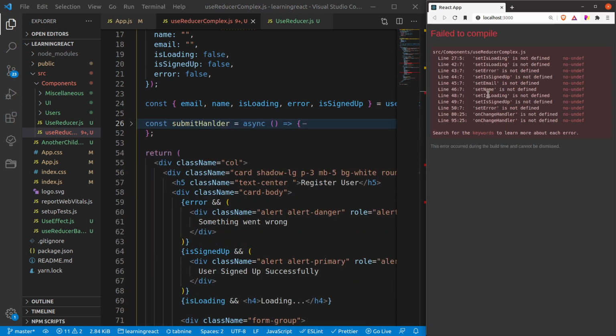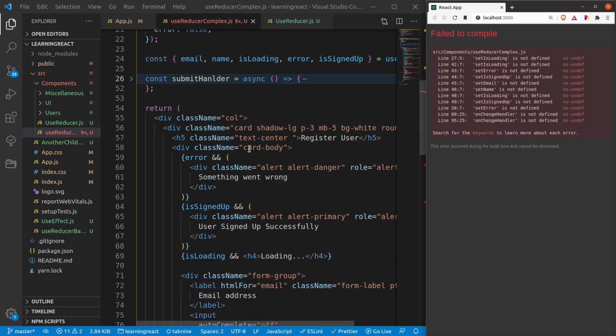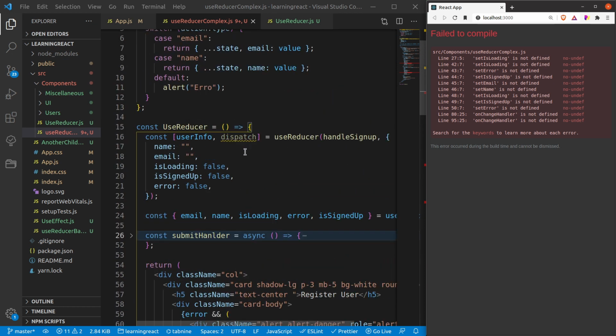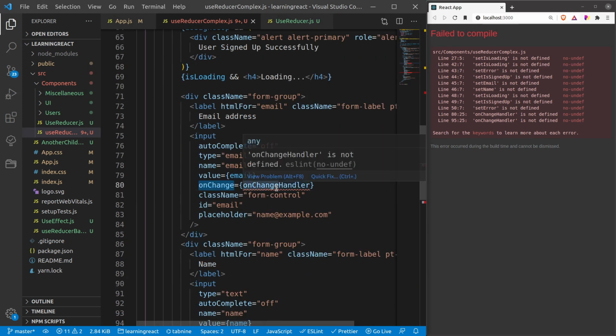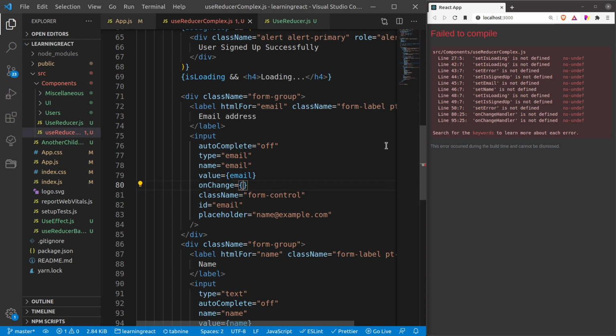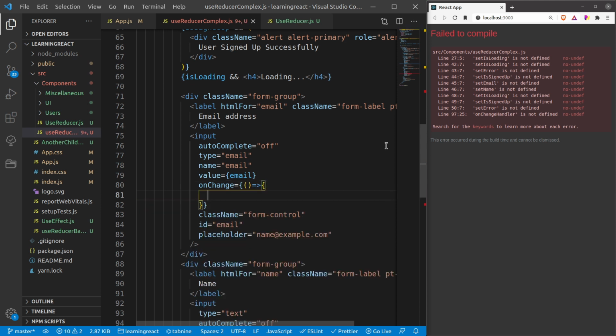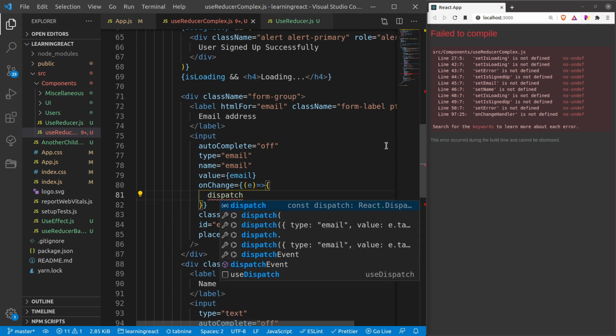All right, so it is saying that these are the errors, these are not defined, so we are going to now use these. Here you can see that earlier there was onChange handler, but now we need to handle the onChange using my dispatcher. So I will directly create my method over here, and let me define e for event, and then I will call dispatch.